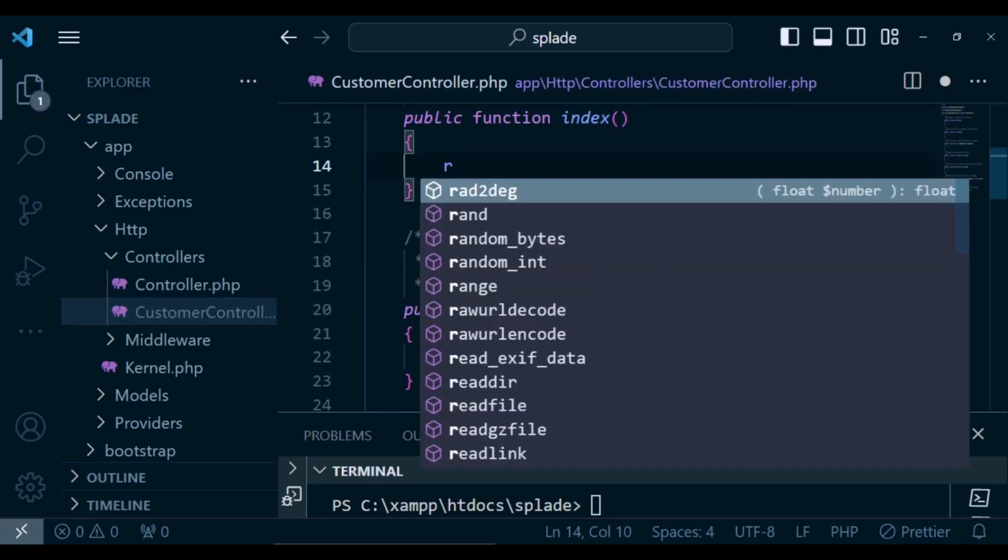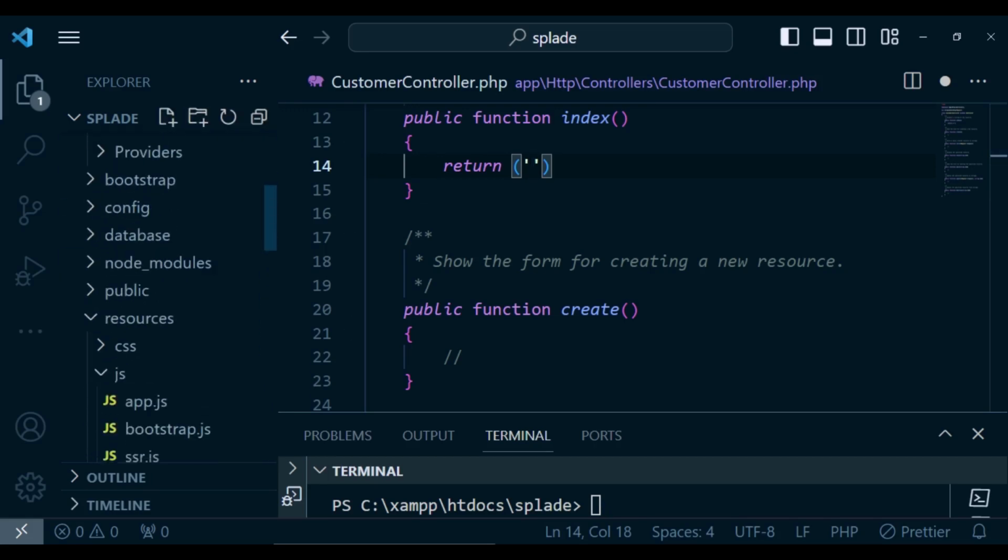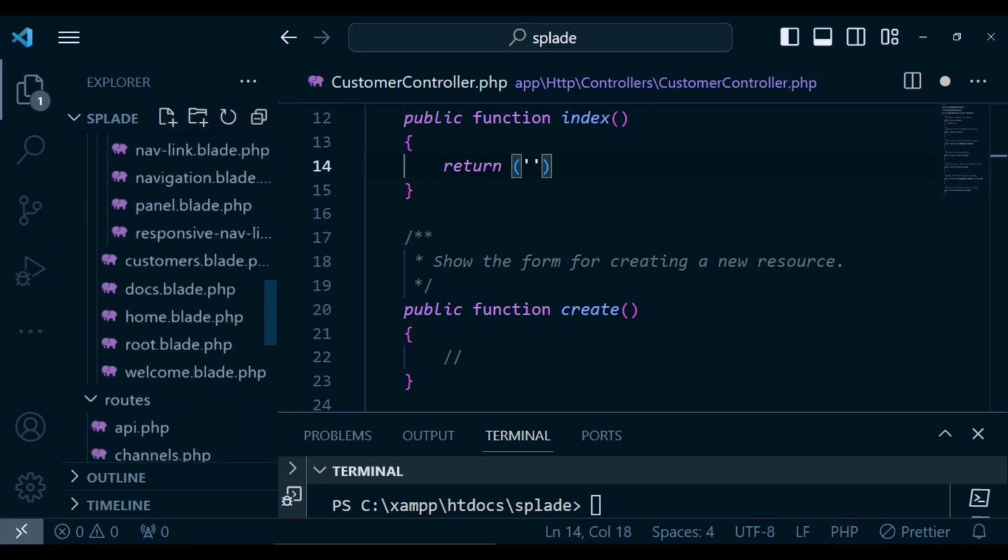So return, and because it is inside the resources views in the base of this folder, at the same level with home and docs, they are not in any directory, so it's just customers. If I have that and I close it using the semicolon,